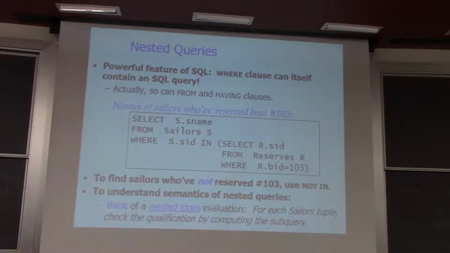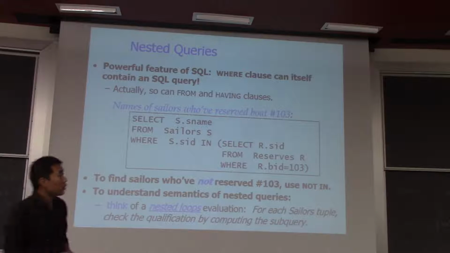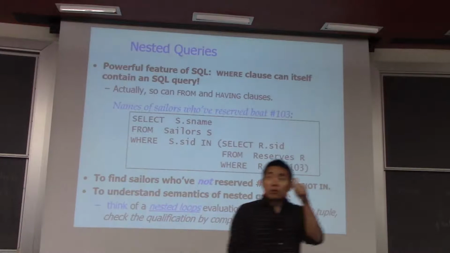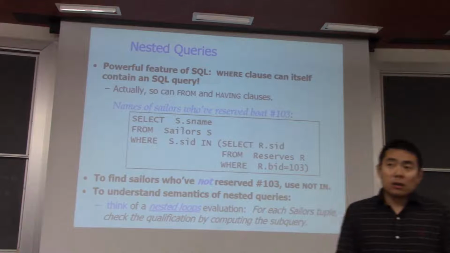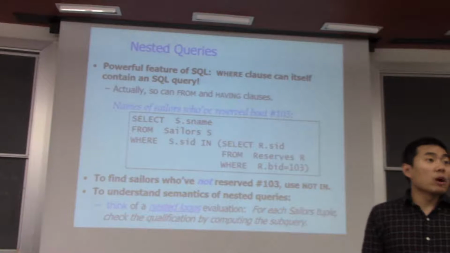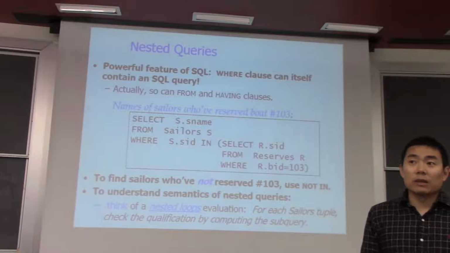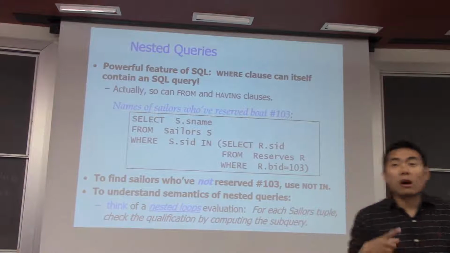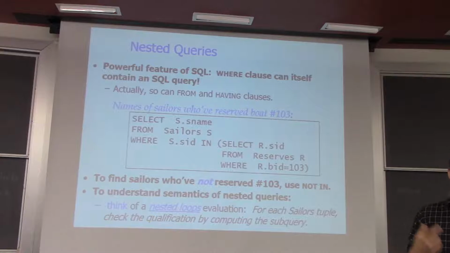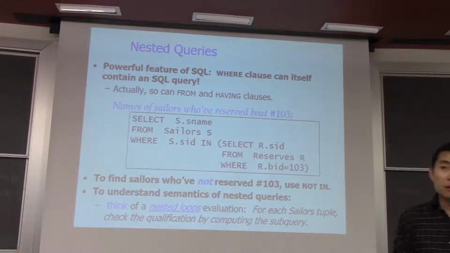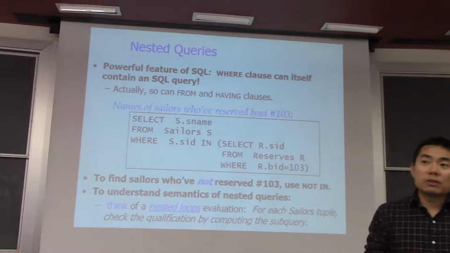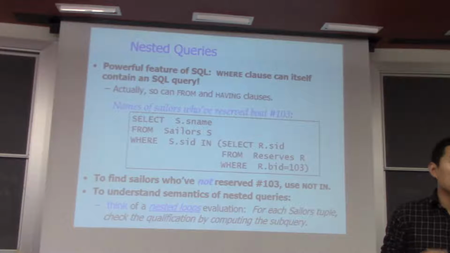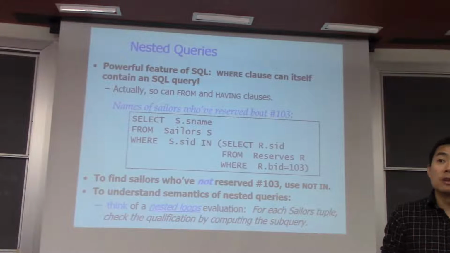Which of these is more efficient? The general rule of thumb is whenever possible, you don't want to use the nested query for efficiency purposes. Why? Because this has to do with how the query engine optimizes a nested query. Later on in the course, we will study the query optimizer, and you will learn that in most commercial query